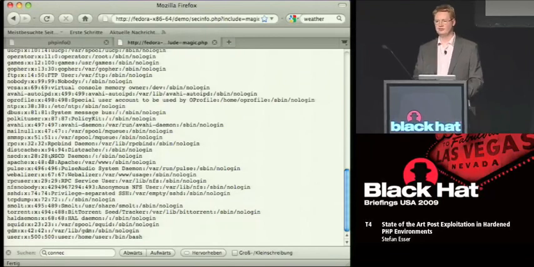I have a question. How has Germany's restriction on exploit code affected your research? Well, actually, it didn't affect me at all. So you're breaking the law? No. The thing is,